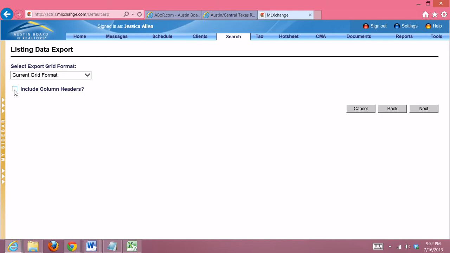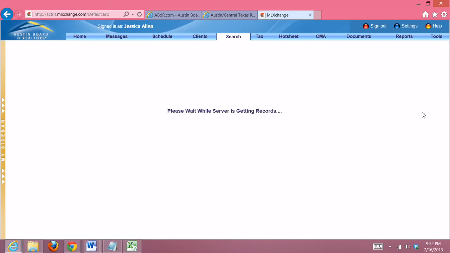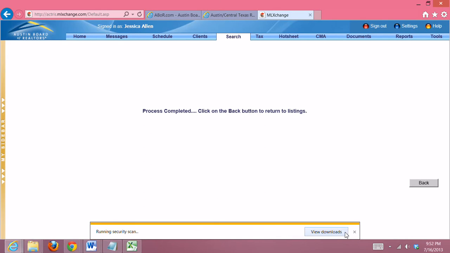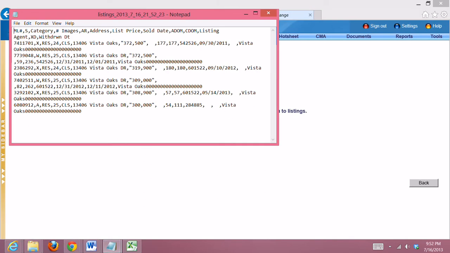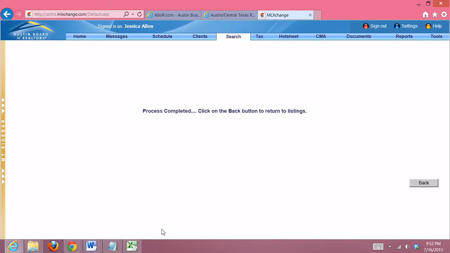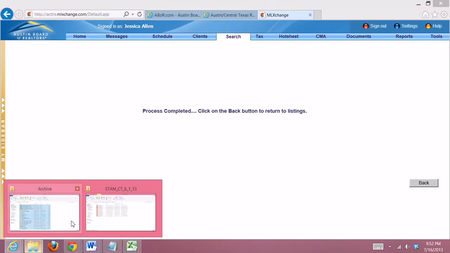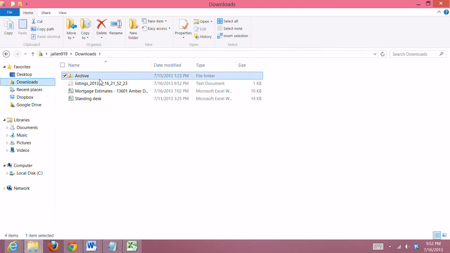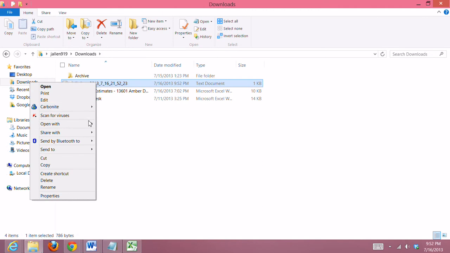Current grid format, include headers. That's so it includes the names of the columns. And then we're going to save and open. Oops, I forgot, I don't want to save and open. I want to save. And then I want to actually open the file with Excel, because when I open the file with Excel, it's